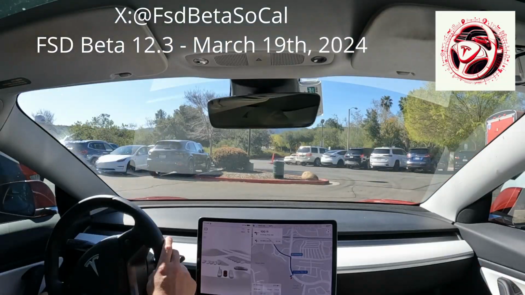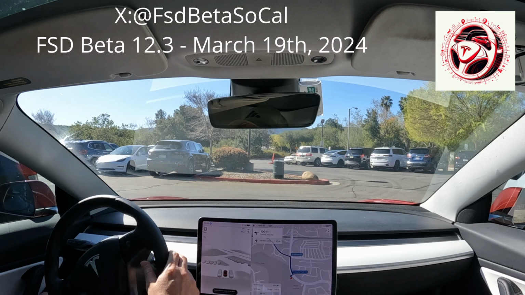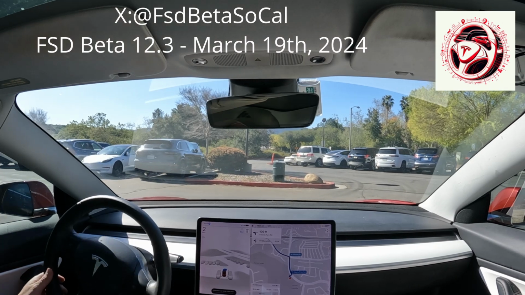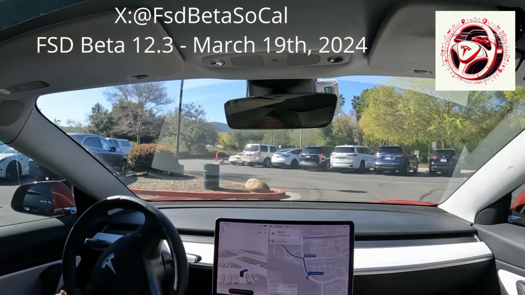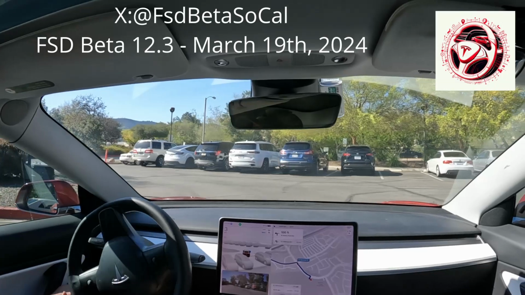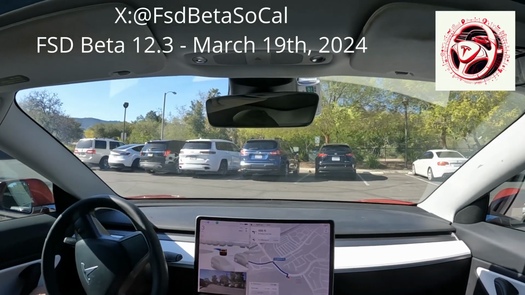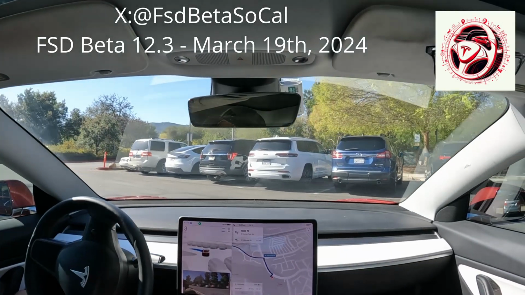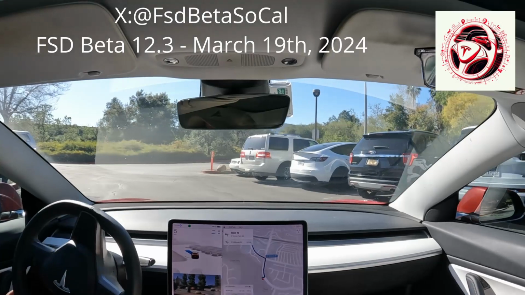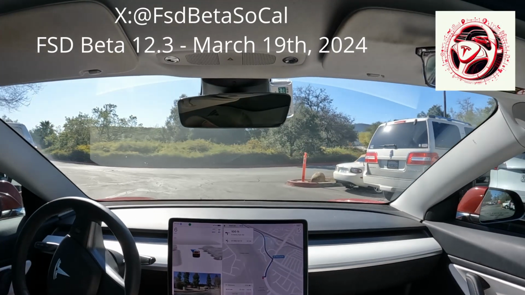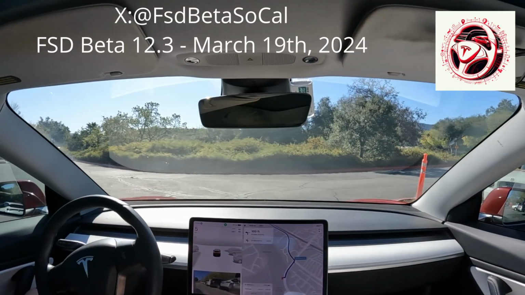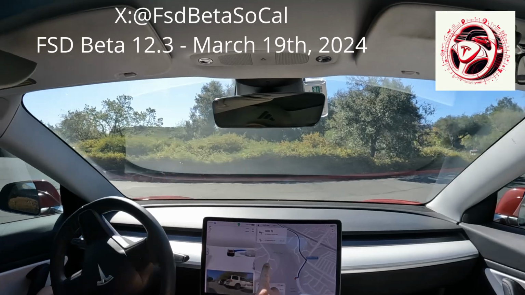Hey guys, we're back and going to make the return trip, so I'm just going to get right to it. Engage FSD. Got to wind our way out of the parking lot. And it's always fun to test this unprotected left with a median. I found out last time that the median is actually bigger than I thought, so the little median logic they have here is